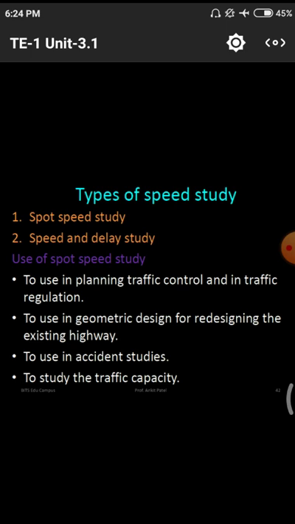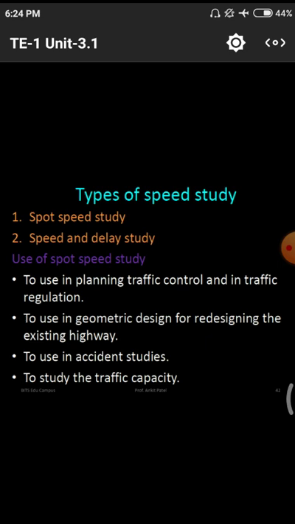That means while we are moving with our vehicles on a particular road surface, we need to reach our destination point within a particular span of time according to the length of the road. So we need to move a particular length of the road within a prescribed time, or whatever time we need to reach the particular place. All that comes under these speed studies.